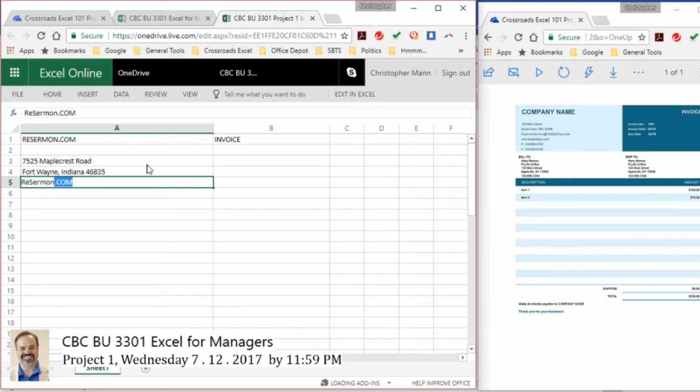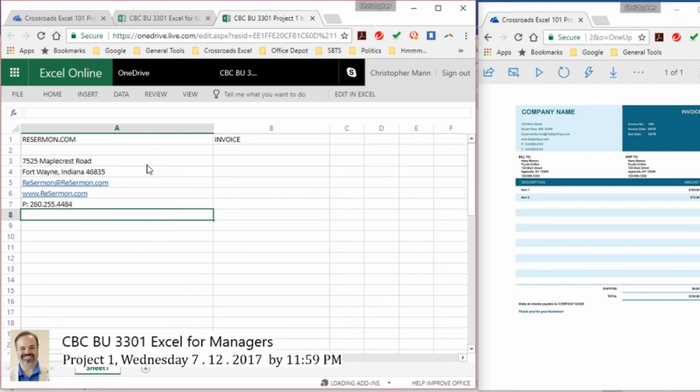There's an email that they give, so I'll do that too. Reserman at reserman.com, and then there's a website. I can do that too. And there's a phone. Here's my phone. I don't use a fax. I'm going to leave fax, but I'll make up a fax number just for the sake of making everything look cool. So 260-123-4567. Bill to, again, all caps put in here,